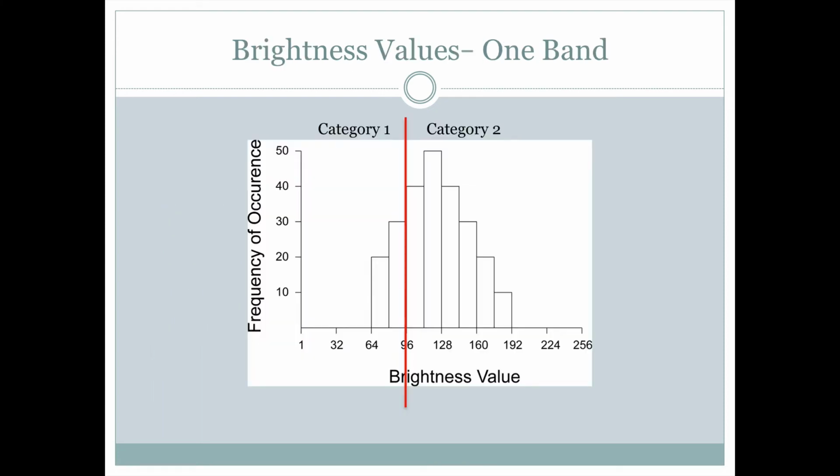So how do we actually go about doing that? Let's start with the easiest case. If we're looking at just one band of the remote sensing image, we can break it into categories just by looking at the distribution of brightness values. Here we're not looking at the map, right? We're taking all of the brightness values off the map and we're making a histogram with it, which is what this is called. And then we're just putting a break in here demonstrated by this red line. So now everything on this side of the red line would be in category 1. Everything on this side of the red line would be in category 2. Where would those be on the maps? Well, it just depends on each pixel's brightness value,